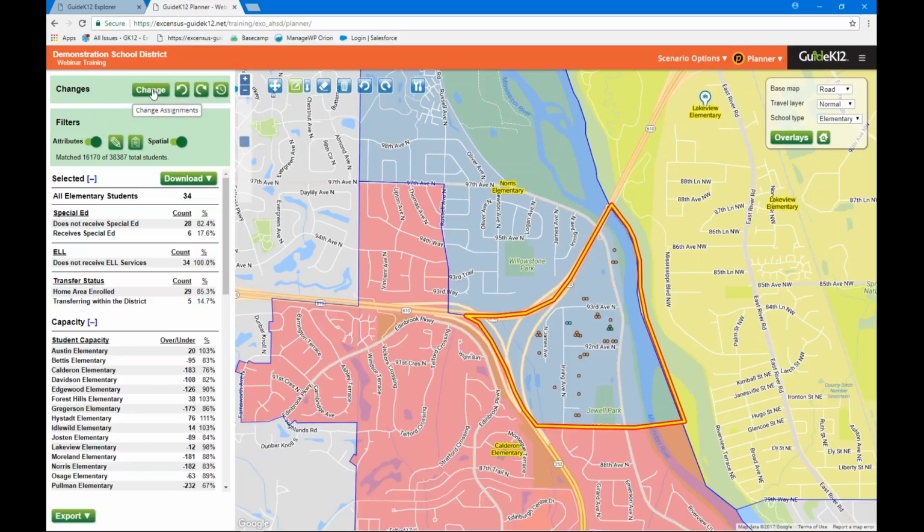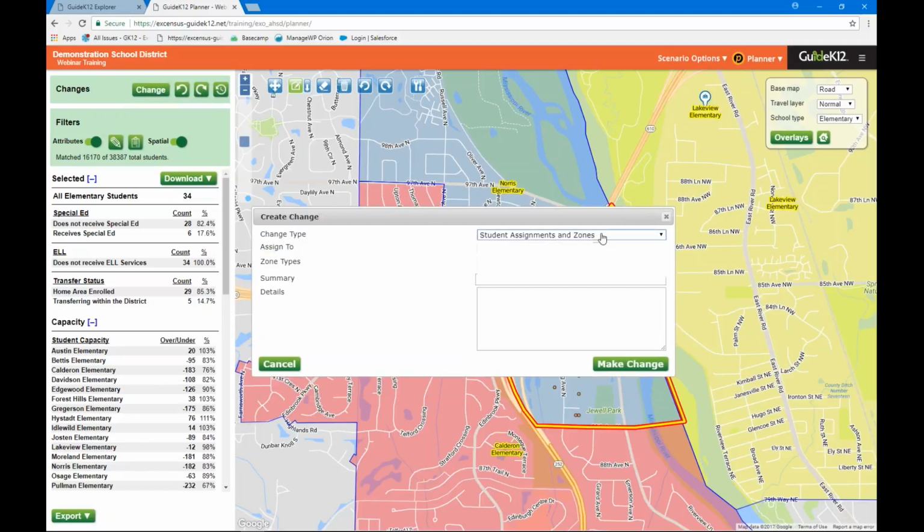a change. So I'm going to click the change button, which brings up our change dialog. We have some different options now, which we've streamlined a little bit. You might notice the one that's noticeably missing is the change to a non-level school. So if we're looking to do grade level reconfiguration, where we need to move students from one level to another, now that simply is under the student assignments